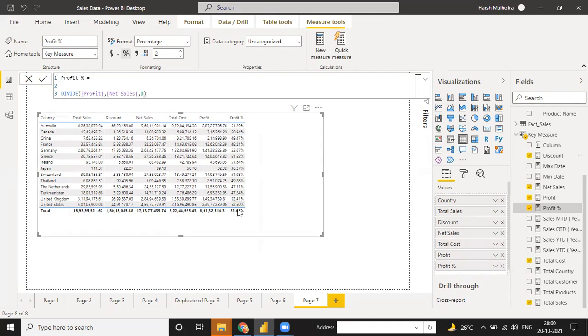Is this profit percentage right or wrong? Because if we calculate the profit of all countries, the answer at the end would be 100%. But why is it given as 52%? Anyone, any question on this? Why is it given this way?